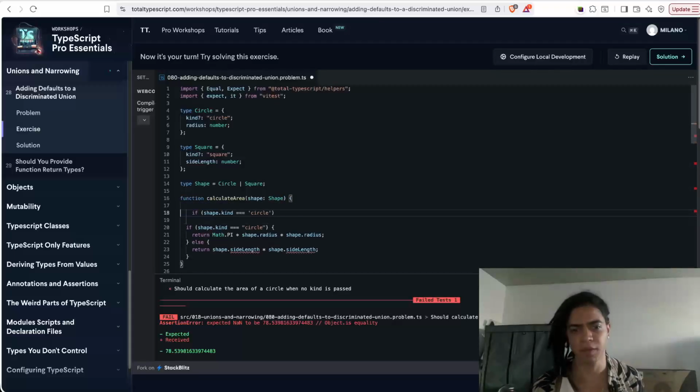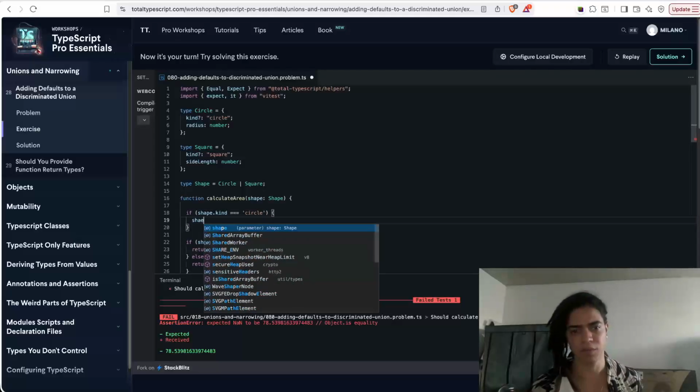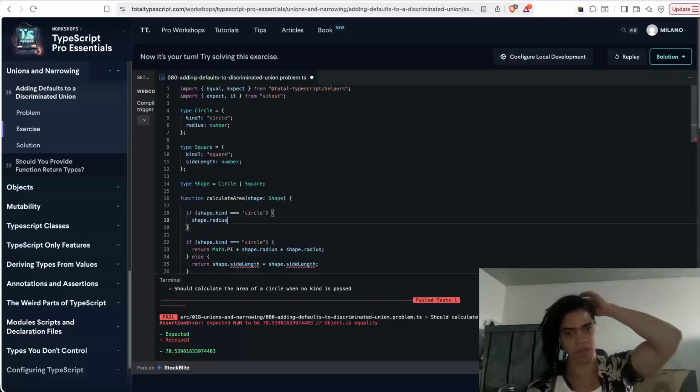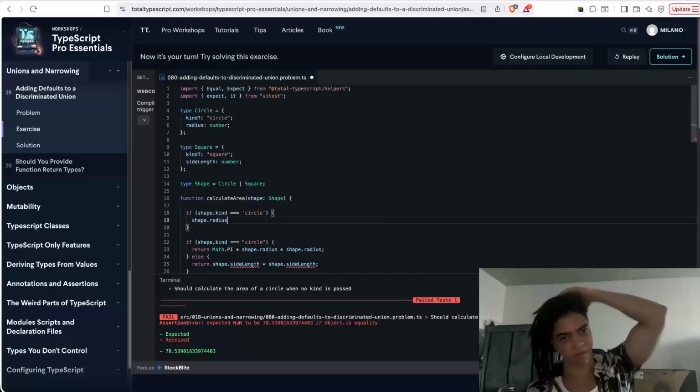So the point here is that if I do this, I should be able to have access to the radius and then do something with that. But if I don't,